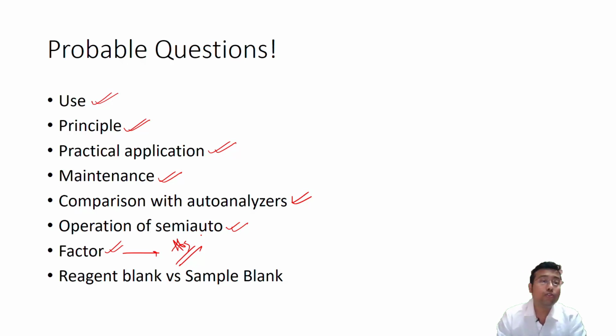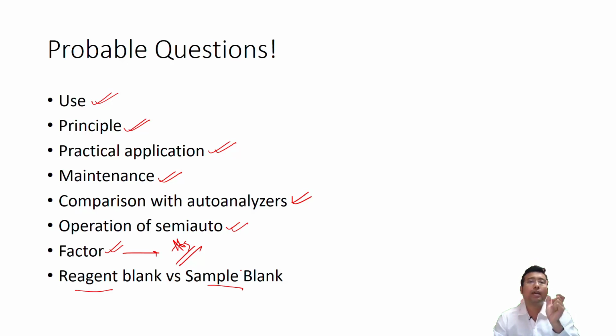And lastly, two very important concepts while measuring or setting up any program. Many semi-auto analyzers will provide you the option for reagent blank and sample blank. So what are they? Reagent blank means the absorbance that is due to the reagent itself. In order to measure reagent blank, you should use very good deionized water with the reagent and note down the OD. Ideally you don't need to note down anything because the machine will do it for you. So that is reagent blank.